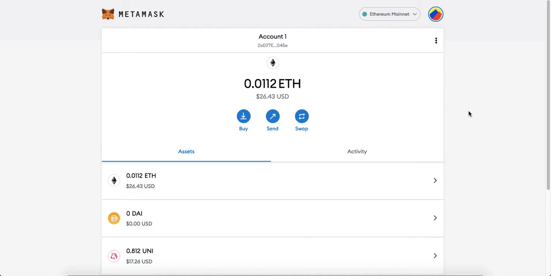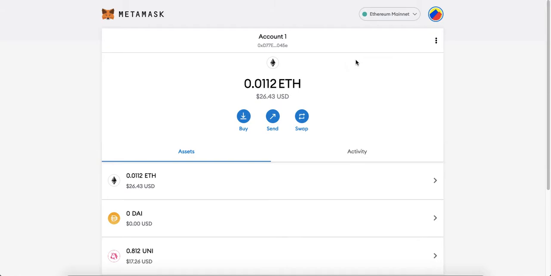This is because in my last couple of videos, a lot of you commented that you're new to the space and you're just getting started, and you had some doubts regarding how to set up Binance Smart Chain in your MetaMask and how to start using it. In case you're already familiar on how to use this, you can skip this video. But in case you're new to the crypto space and you've not yet started using Binance Smart Chain through your MetaMask, then I think this video would be useful for you.